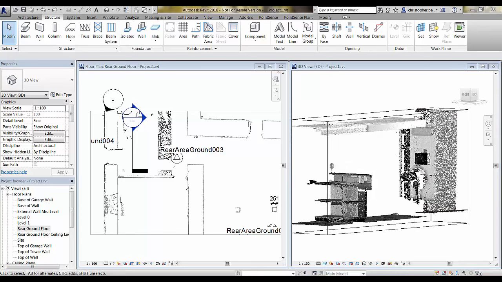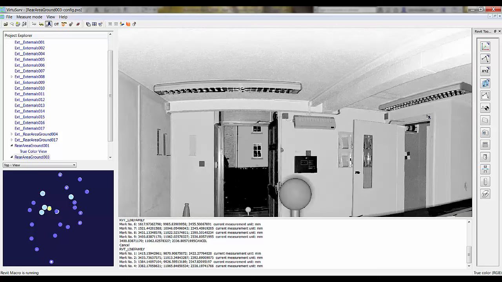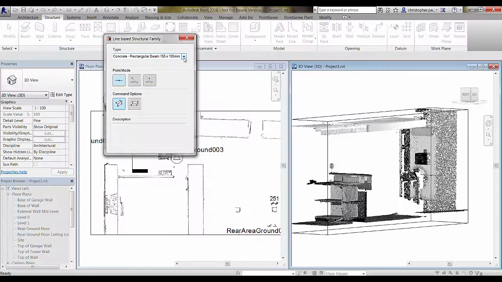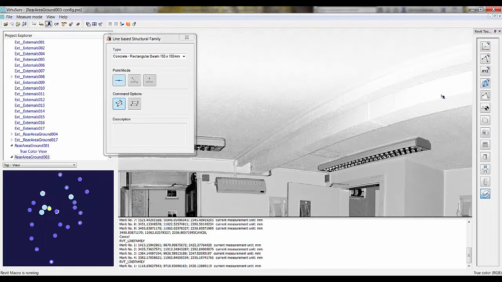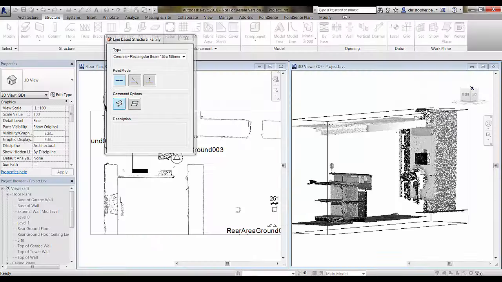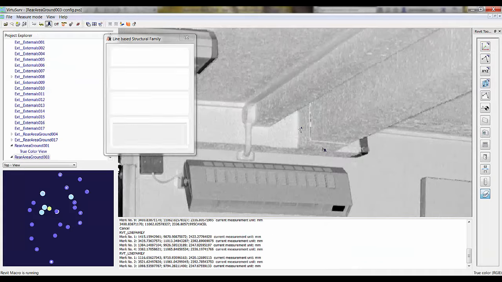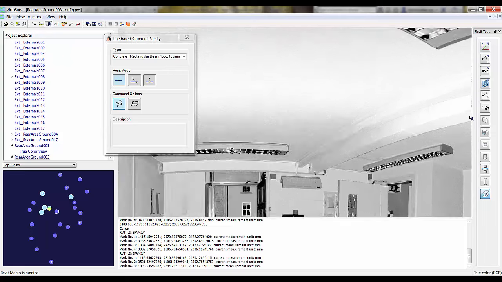So if we just drop back into VirtuSurv now and we zoom in a little bit and access the beam command, I have already taken the liberty again of measuring this beam and creating a family for it. But what we're going to do now is use either the click 4 points to insert a line-based structural family instance in 3D, or a similar command which will do it in a horizontal plane. So if we use the 3D command, the first thing we're going to do is one click to start the first plane and the end of that plane, and then if we just click the underside of the beam to select this start and end of this plane,